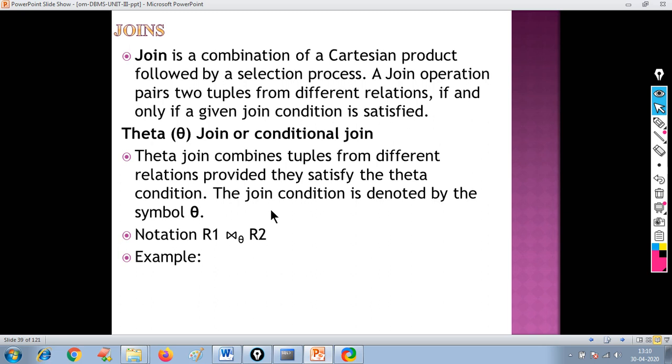So you need to think that if you apply a Cartesian product, then all the rows of the first table are associated with all the rows of the second table. That's why you are getting m into n number of rows in the result. So all these m into n number of rows are not valid tuples, valid rows.